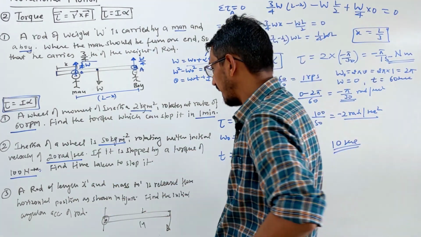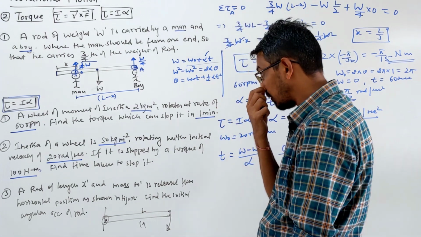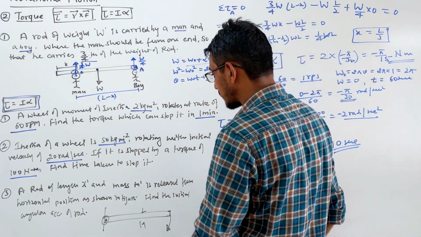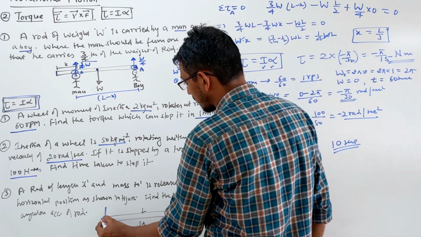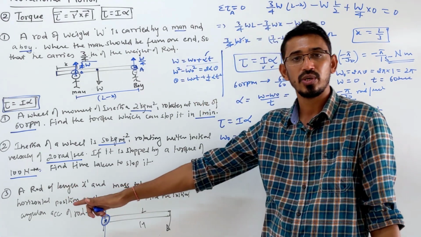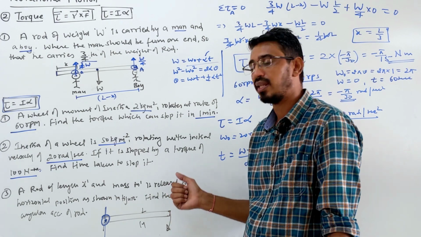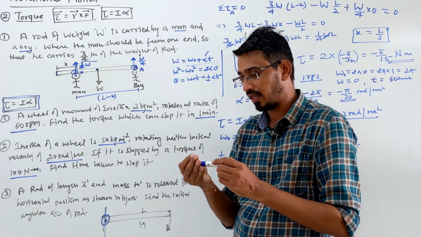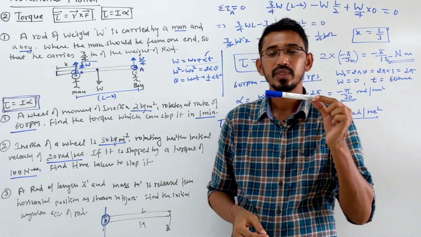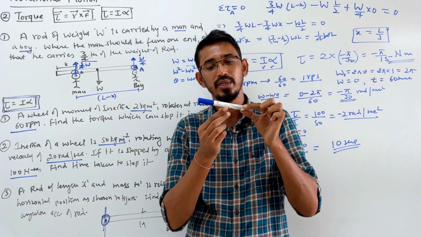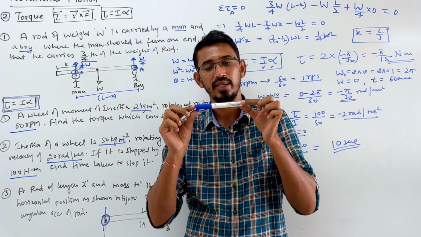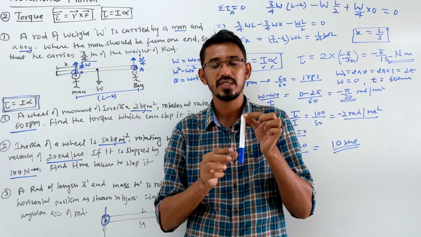Okay, let's see, there's one more question. A rod of length L and mass M is released from horizontal position as shown in the figure. Initially the rod is hinged from this point. I am writing all questions in shortcuts, they will say explain properly. So it's hinged and we keep it horizontal, then leave it, it will rotate and become vertical. Like this is horizontal and hinged from this point. So when I leave this, there is support here, it will go that way, right? Yeah, it will start rotating.